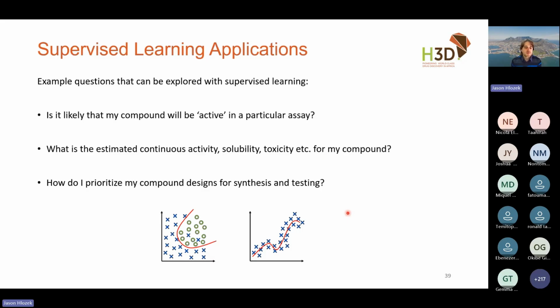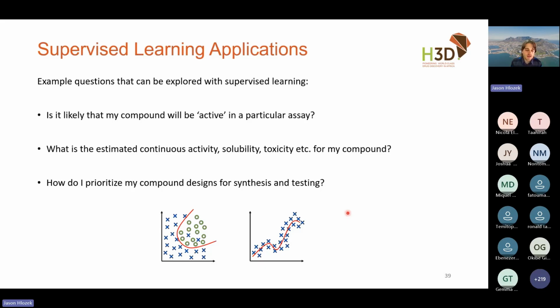So then just to start wrapping up, what we've spoken about on the supervised learning side is that you've got labeled data, and in the classification model, what you're asking the model to predict is how likely my compound is going to be active. So let's say I've got a protein target and I've defined a cutoff of 100 nanomolar, and I want to say, here's a new structure. Do you think this is likely to be in the less than 100 nanomolar category or more? Or you could predict toxicity, solubility, anything where you've got this label. So it's quite a general approach.